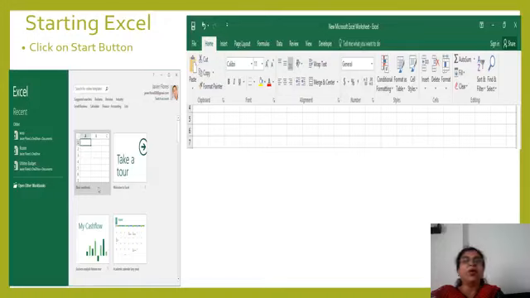Starting the Excel. Now here, Excel is a program, an application. So how to start? Click on the start button. Whenever you click on the start button, you will get the screen which is shown on the left hand side, which has Excel written on the top and then recent. There on the right hand side in the gray portion, a blank worksheet is shown. You have to click on that, and whenever you click, a new blank worksheet opens in front of you like this, which is the screen on the right hand side.